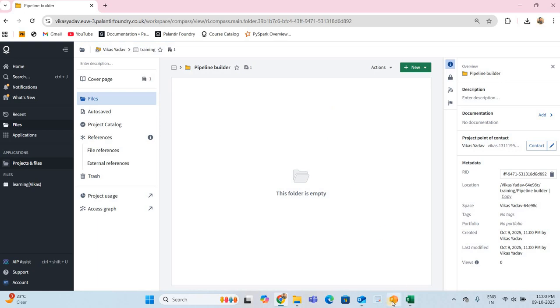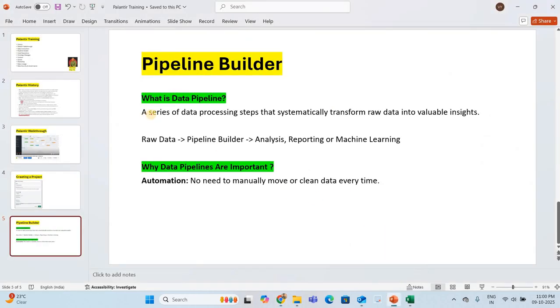Before creating the pipeline, we will walk through a few theoretical things. I will not take much theory, I'll just teach you the basic things you should know at least. What is a data pipeline? A series of data processing steps that systematically transform raw data into valuable insight.